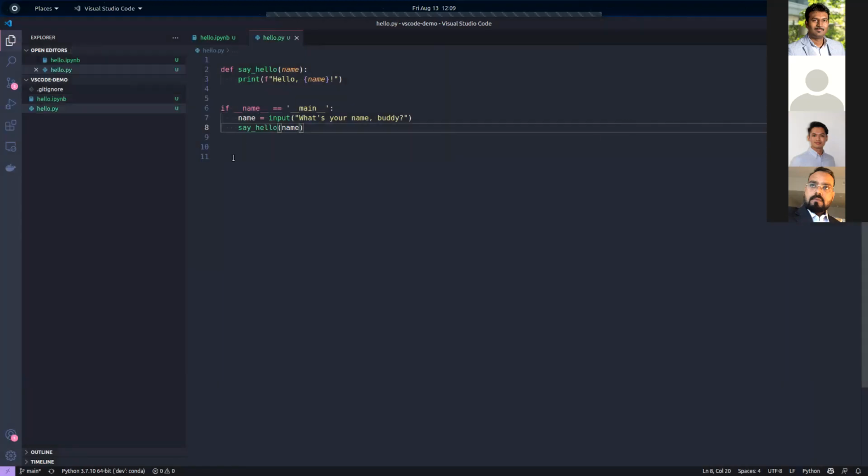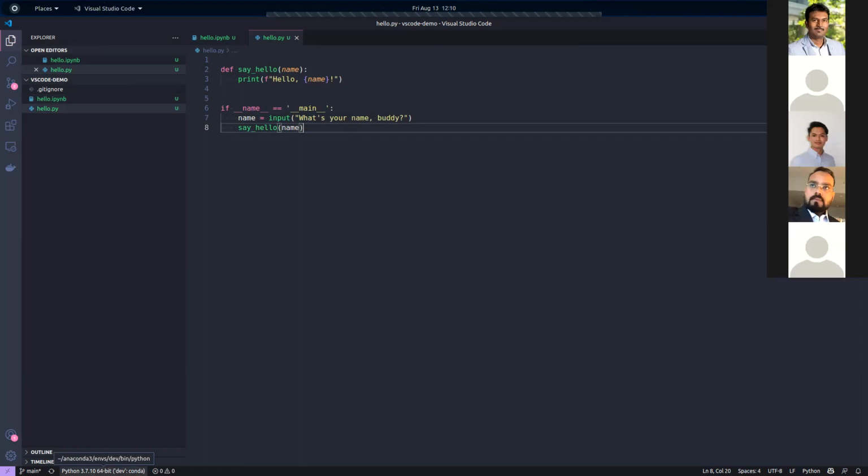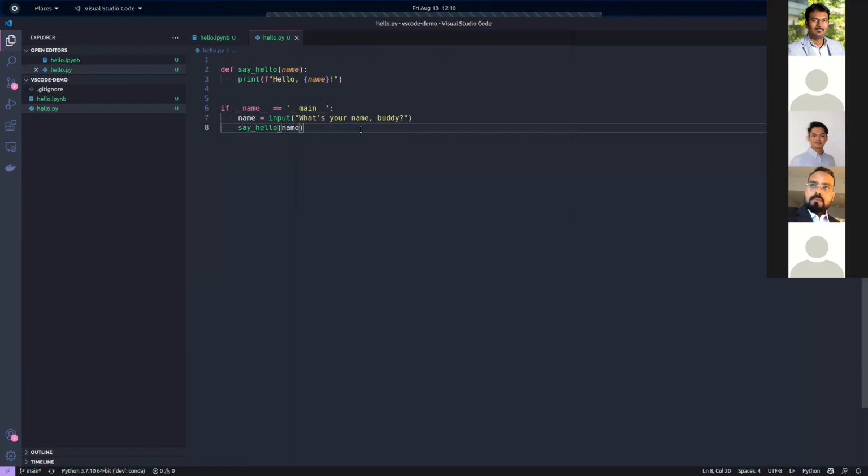Now to run the script directly, VS Code has this Python interpreter connection, right? When you install the Python extension in VS Code, it automatically adds the default Python environment to the bottom left. If it's not selected, you can click on this icon over here, and it can change the Python environment that you want to use. For my case, I want to continue with dev. I'll change to dev.